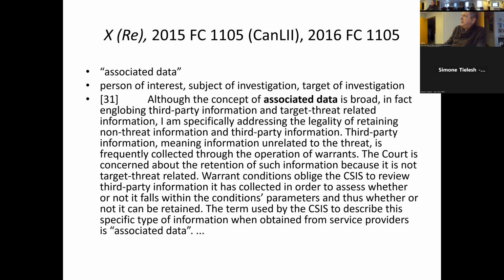Third-party information, meaning information unrelated to the threat, is frequently collected through the operation of warrants. The court is concerned about the retention of such information because it is not target threat related. Warrant conditions oblige CSIS to review third-party information it has collected in order to assess whether or not it falls within the conditions, parameters, and thus whether or not it can be retained. So very much a type of metadata, for example,